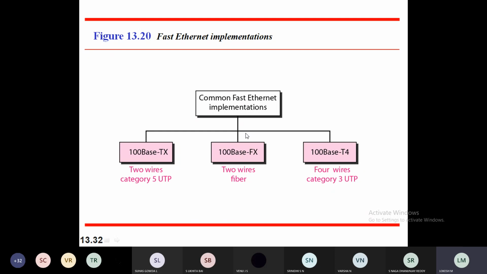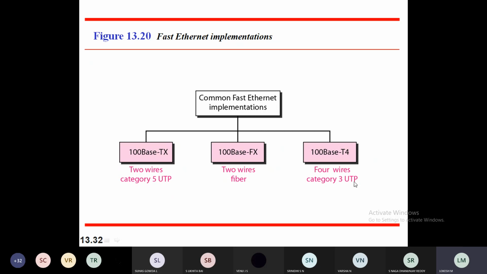Previously we discussed 10BASE2 and 10BASE5, where 10 Mbps is the data rate of that particular cable. Here we discuss 100BASE-TX, where TX means two wires of Category 5 UTP, that is unshielded twisted pair, and 100BASE-FX, which uses fiber cables. Two wires are used for this technology. And 100BASE-T4 uses four wires of Category 3